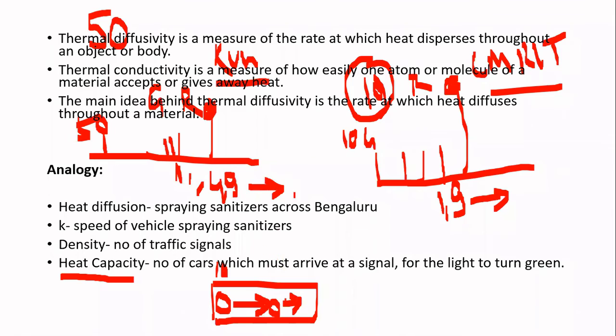So in which case do you feel heat diffusion will be higher, at Kundanhalli or at CMRIT? Guys, am I audible? CMRIT. Okay, at CMRIT, the heat diffusion will be faster because it is not holding the heat for a longer duration of time. It is letting the heat go once 10 packets of heat arrive over there. But Kundanhalli is making the heat wait for 50 packets to arrive over there. Is the concept clear? Yes, sir.